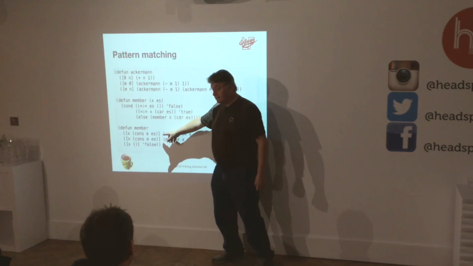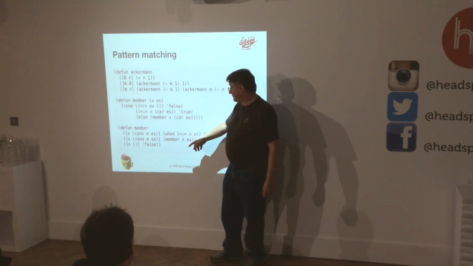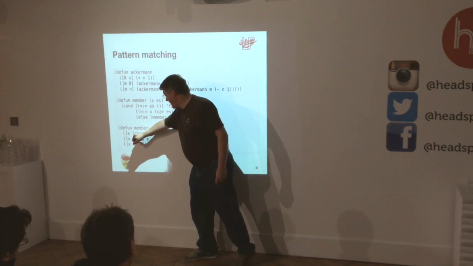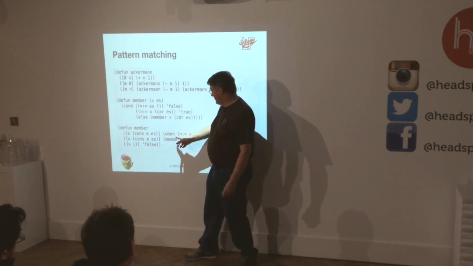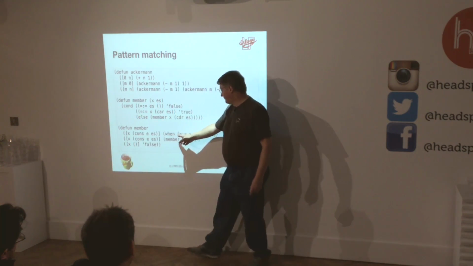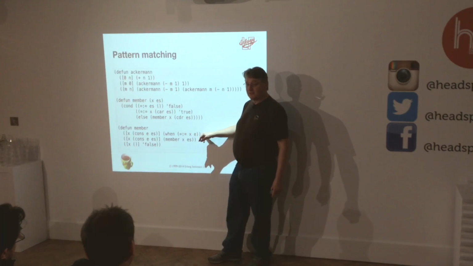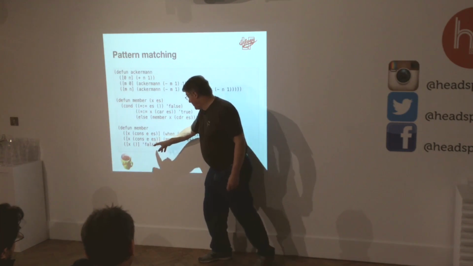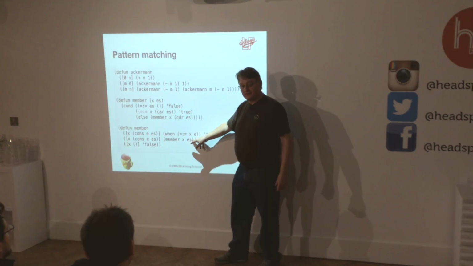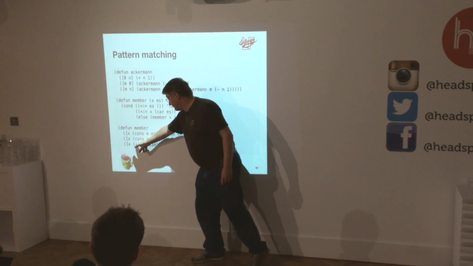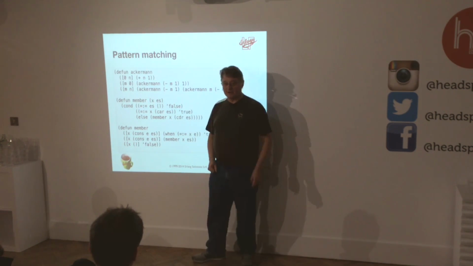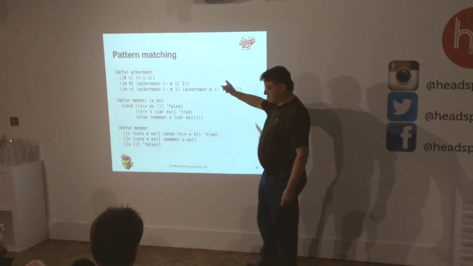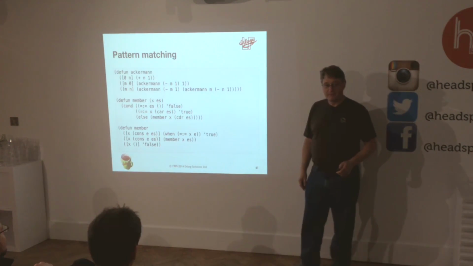I can write this using pattern matching. So here I'm saying we have an X here, and we have a list. I'm using the same syntax for constructing as a pattern, and I say, is X the first element of the list, which is what this test is? Then I'll return true. If it isn't, I'll call myself recursively on the rest of the list, and if the list is the empty list here, I haven't found it. So just a different way of writing as patterns. These don't really show the full power of patterns.